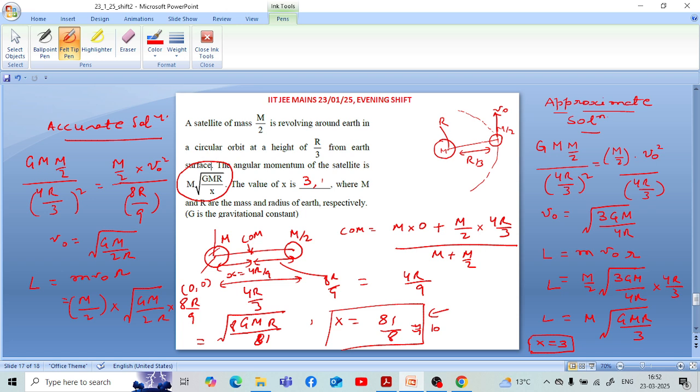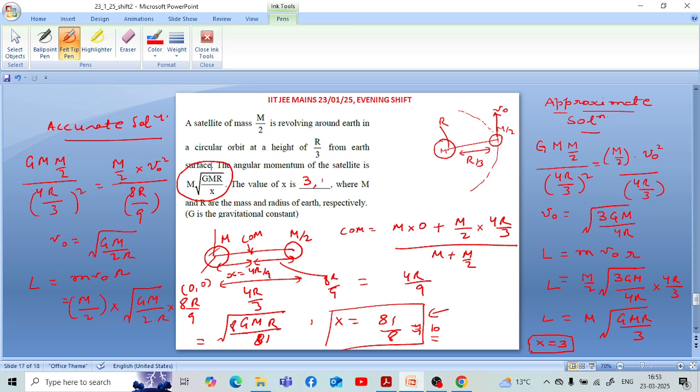डिफरेंस है, और इसमें आंसर जो है हमारा एक्यूरेट सॉल्यूशन का, जैसा कि हमने डिस्कस किया है, 10 आता है। देखते हैं किस तरीके से सॉल्व करते हैं। सबसे पहले हमें इक्वलाइज करना होगा ग्रेविटेशन फोर्स और सेंट्रीपिटल फोर्स को, क्योंकि सैटेलाइट को मूव करने के लिए जो सेंट्रीपिटल फोर्स मिलेगा वो ग्रेविटेशन अट्रैक्शन फोर्स से मिलेगा। ग्रेविटेशन अट्रैक्शन फोर्स के लिए न्यूटन लॉ ऑफ ग्रेविटेशन हम यहाँ पे यूज़ करेंगे GM₁M₂/r²।